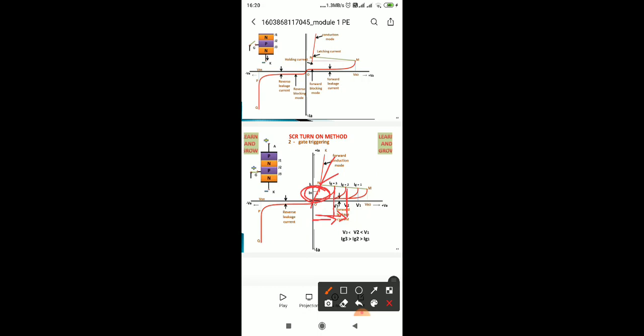Why do we need to give the negative voltage to the SCR? If I make the anode current 0, and immediately after that I give the voltage, it will start conducting. To avoid that false way of starting the SCR, since there are proper methods of starting SCR. If I give a voltage and it immediately starts conducting, that won't show the actual property of SCR. That's a false method. So in order to avoid that, along with making the anode current 0, we need to apply the voltage in the reverse direction for a finite time.